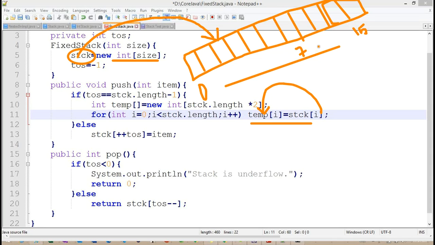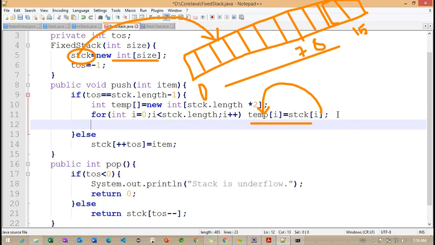Getting the point. But now what I want to do, I want to insert the new record here, which is coming from our main class. Here we need to insert the 8th record, which is coming from the main method here. So those records, how can we insert them here? If you observe carefully, once this particular temp is filled, now what I am doing here is copying the temp into stck.